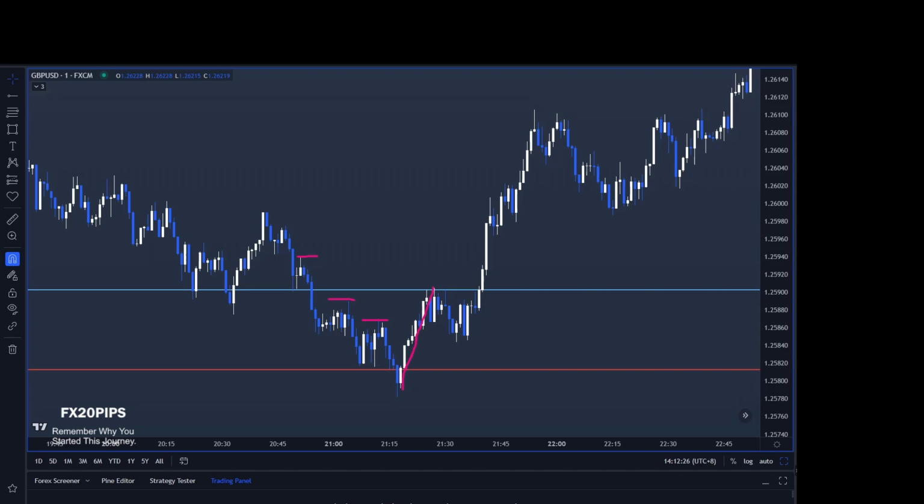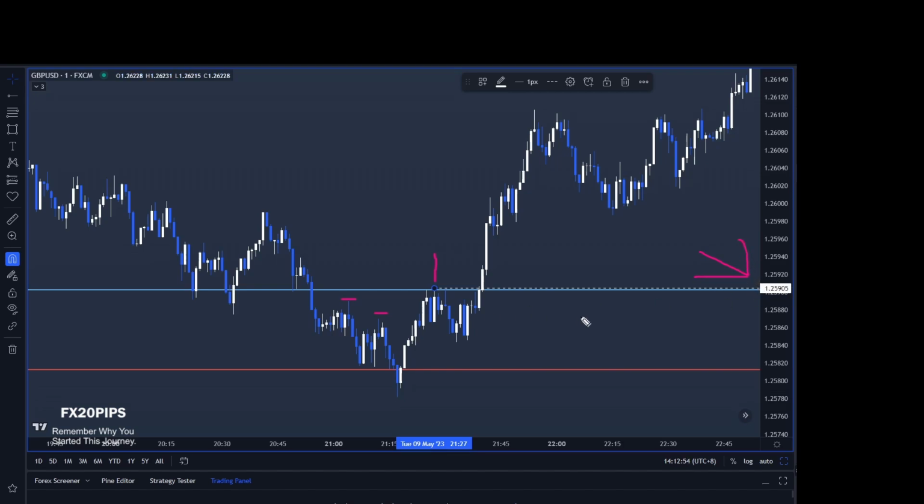So what I do is I find the top of this candle, which broke this two high. So I'm going to find the high of this, and that was 1 point, just roughly about